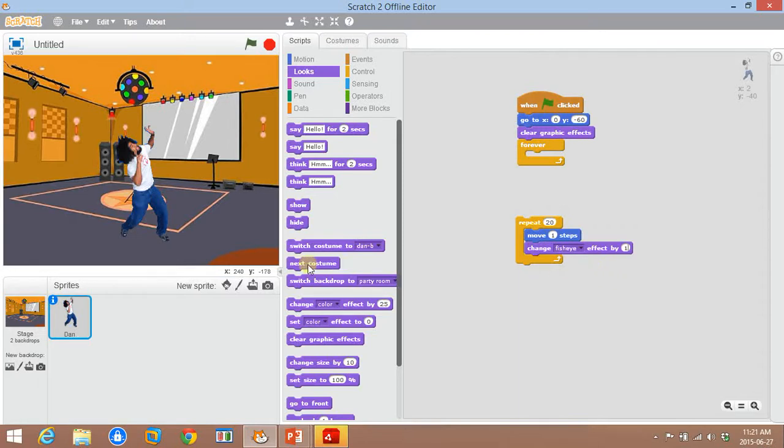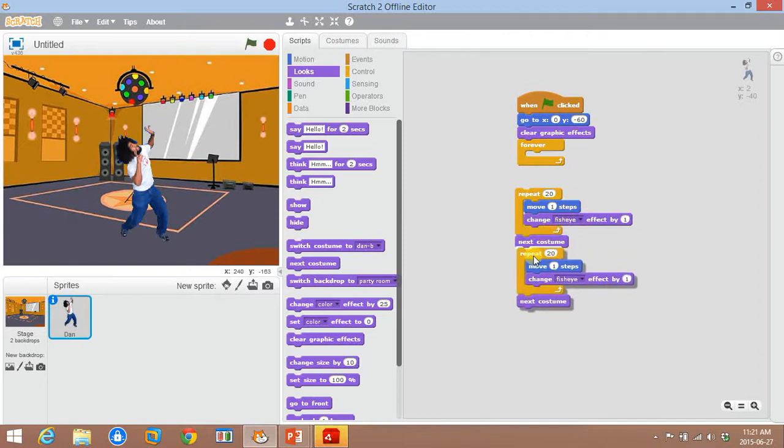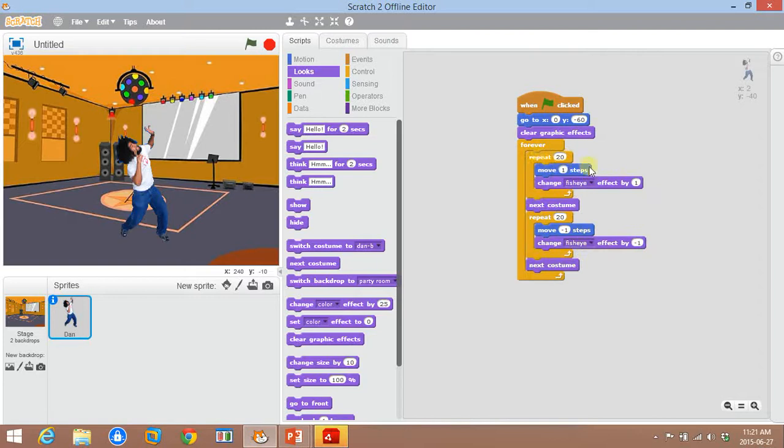a bit. Then we're going to say move to your next costume to change his position totally and get him to return to original position. To now cheat a bit, we're going to go right click and duplicate to put our code there. We're going to say move -1, and we're going to change our fisheye effect to -1, and this will bring him back to his starting look and position. So we can put this all inside there, and now if we play it,